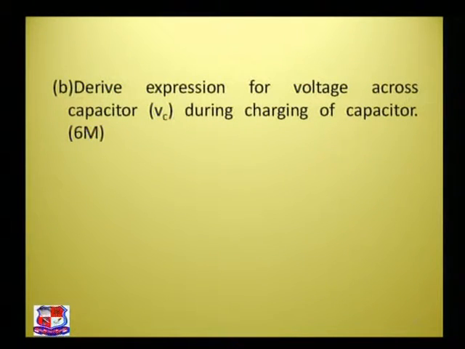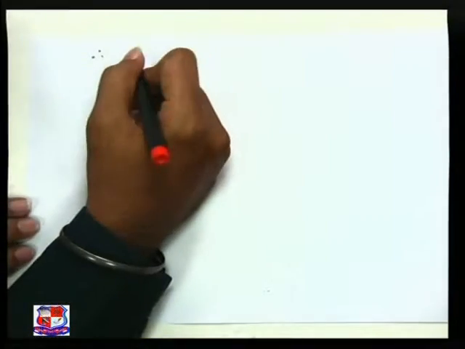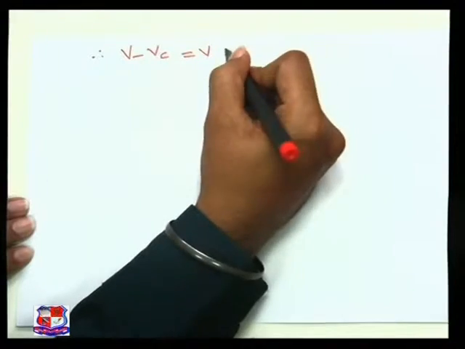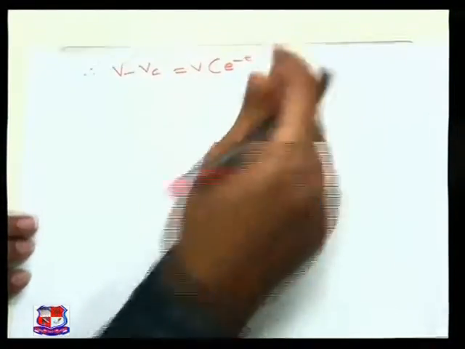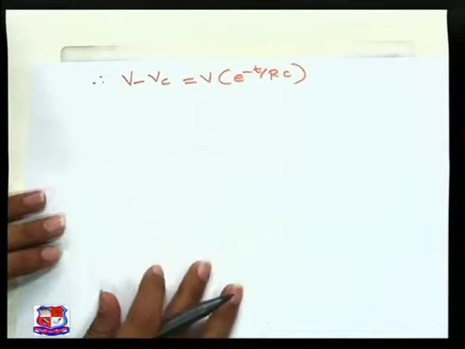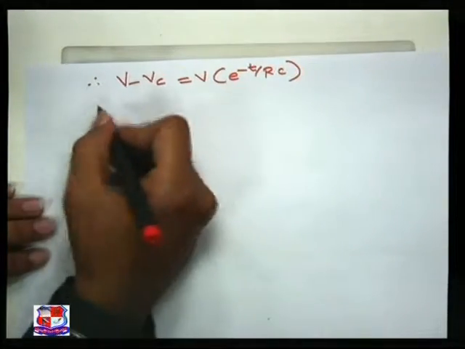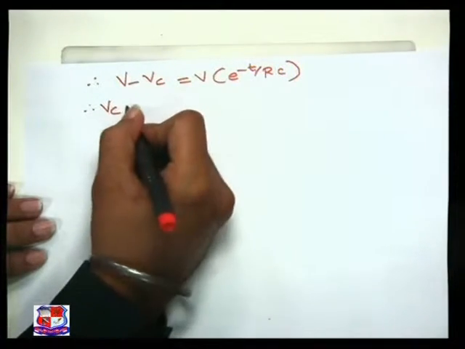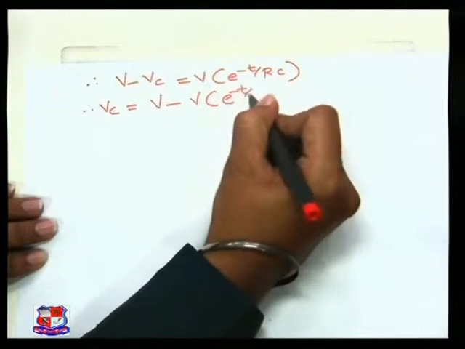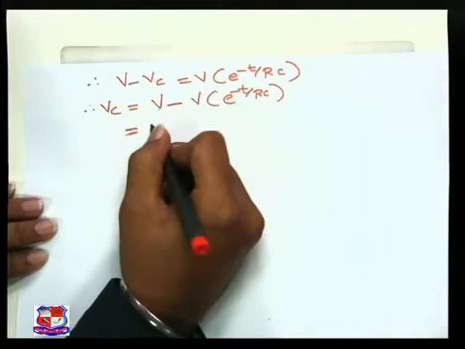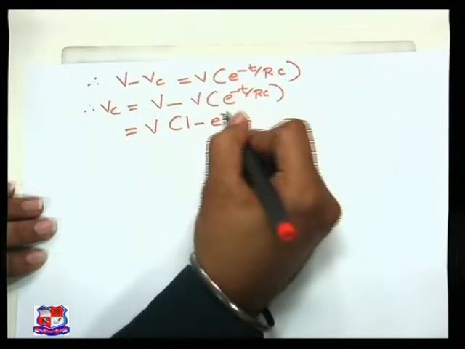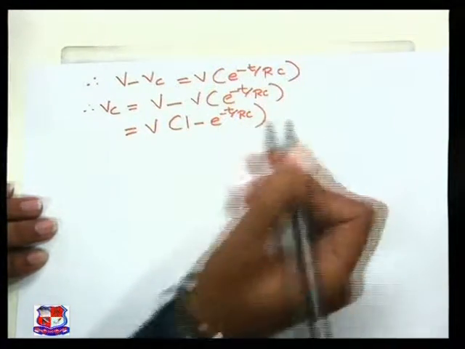Okay, therefore cross multiplying this equation, we will get V minus VC equal to V in brackets e raised to minus t upon RC, right? Or we can write VC equal to V minus V e raised to minus t by RC. I am taking V as common,